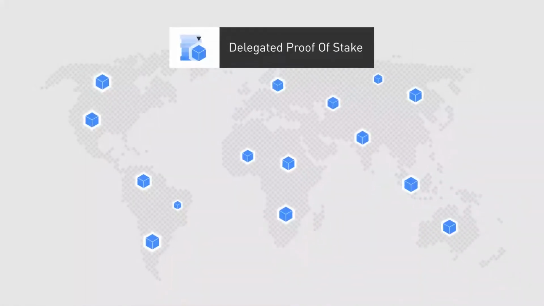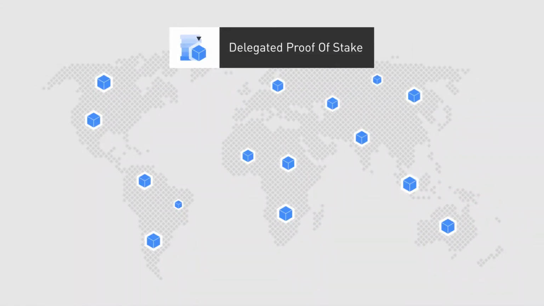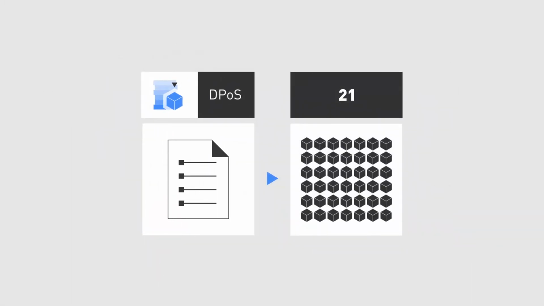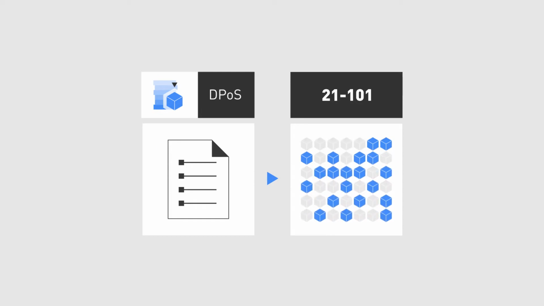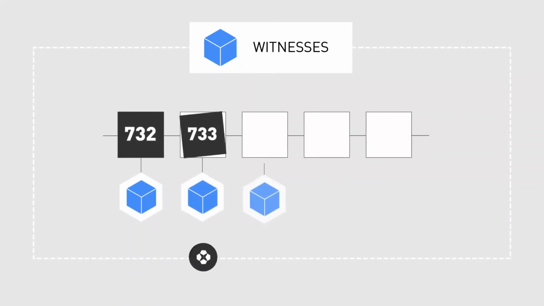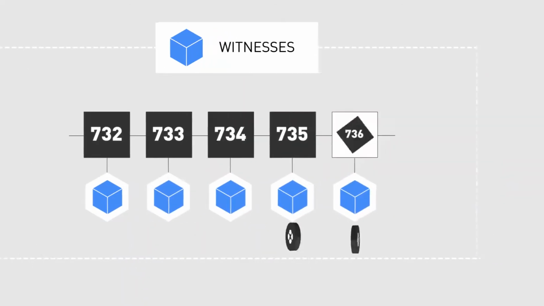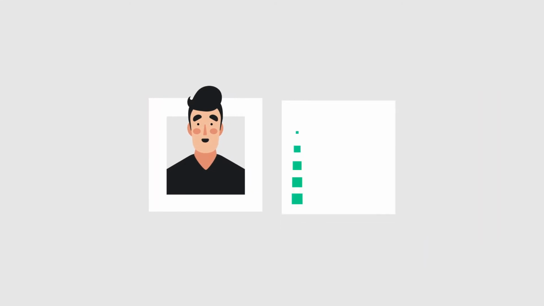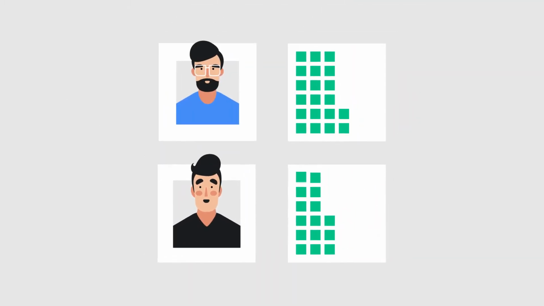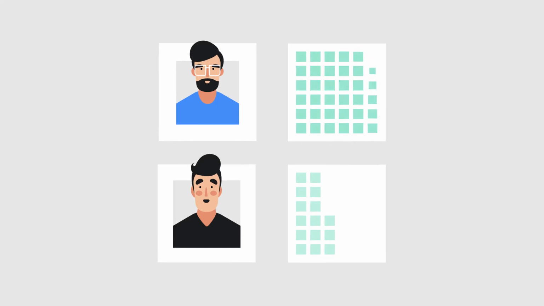The Delegated Proof of Stake is designed as an implementation of digital democracy. Depending on the DPoS network consensus rules, a fixed amount of delegates from 21 to 101 are voted by the stakeholders of the network. These delegates, also known as witnesses, then validate transactions and get rewarded for adding blocks to the blockchain. Each stakeholder gets a number of votes proportional to the number of coins they own, or alternatively, they can choose to delegate their stake to another stakeholder on the network, who will then vote on their behalf.